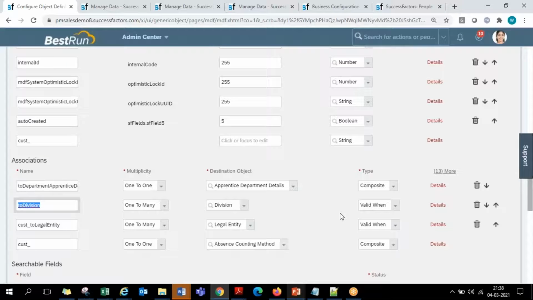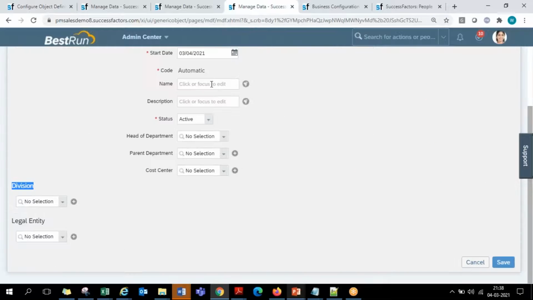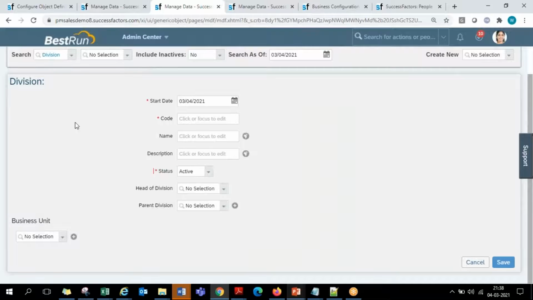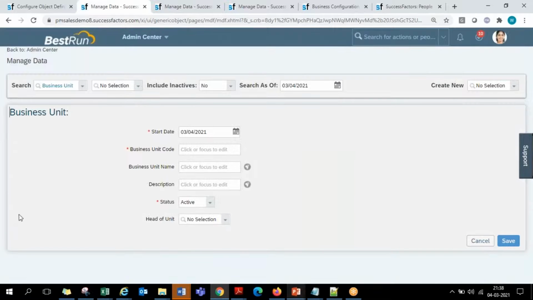So any two objects that you are connecting, guys, every time you are required to go to the child layer and connect it with its parent layer. That is what we call a valid when association. So this way, whenever you associate these things, finally on the screen, the place where departments are created, system will ask you for a division as a parent to be linked. Similarly, when I'm creating division, system will ask me for a business unit as a parent. When I'm creating business unit, if configured, system can ask me the legal entity. In this system, it is given as an exception that it is not configured, so no legal entity is being asked. So there is no relationship between legal entity and business unit. They are plain independent drop-down values.